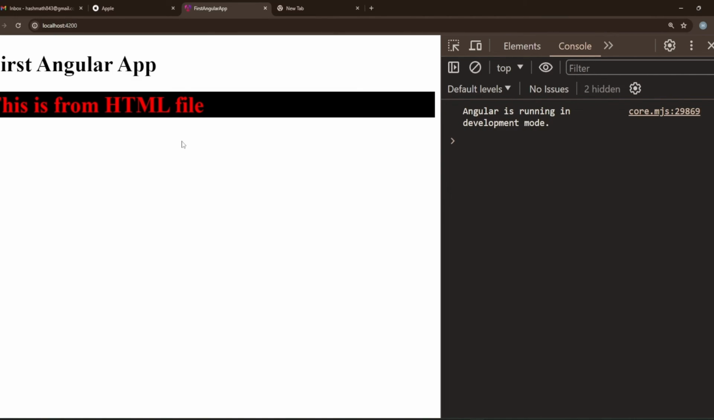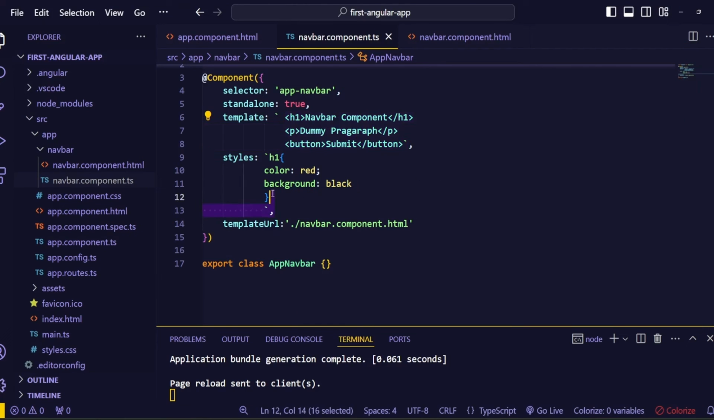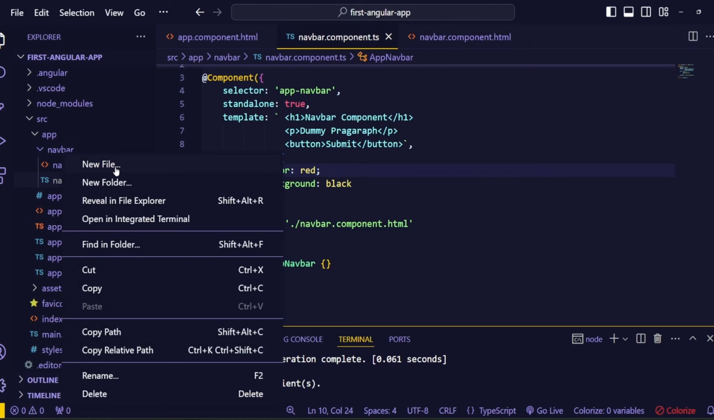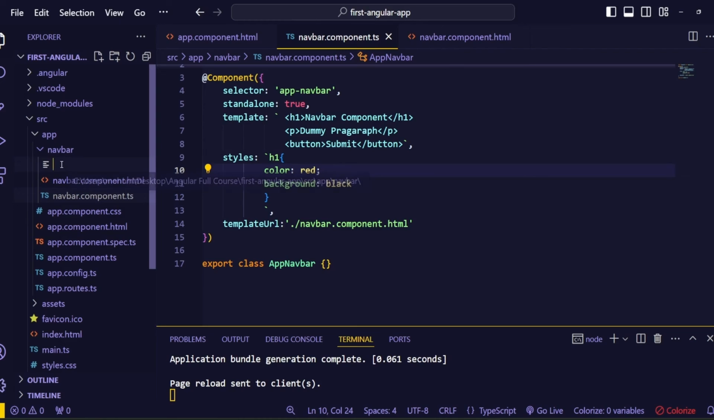So guys, before the end of this video, let's see how to connect an external CSS file to this component. This is also the same as the previous one. First things first, we need a separate file. So let's create that inside the same folder. Right click and create new file. The file name is as usual,